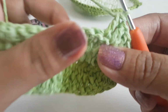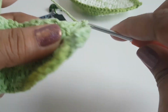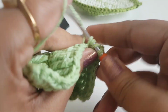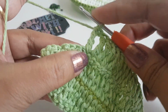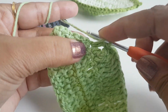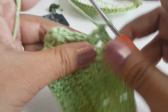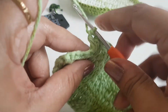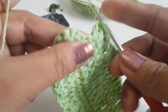Now work in the next 10 stitches and make 1 triple crochet, so after 10 triple crochets, now work in the next stitch, make 1 double crochet, then in the next stitch make 2 double crochets, then in the next stitch make 1 double crochet, then on the next 2 stitches make 1 half double crochet,